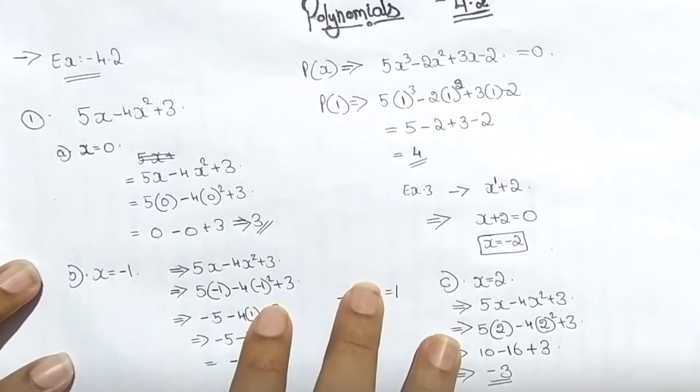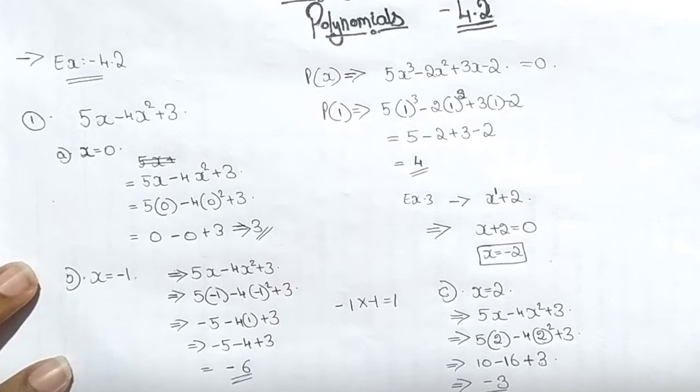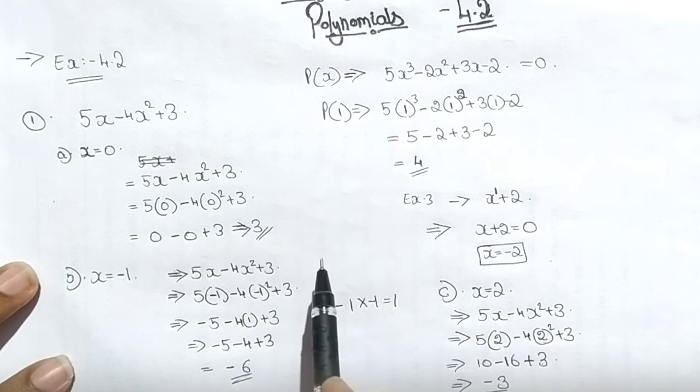This is our first question, and we found the answer for all the 3 given cases. Now let's move on to the second question. For that, let me take a table to solve the question. That will be easier for you to understand. Now moving to the second question, they asked us to find P of 0, P of 1 and P of 2 for each of the following polynomials.